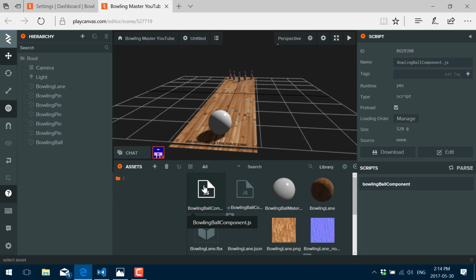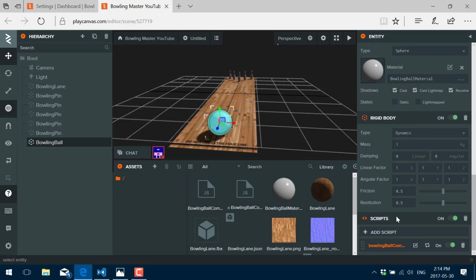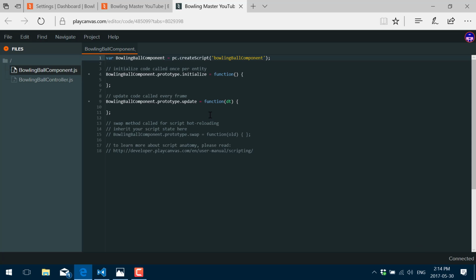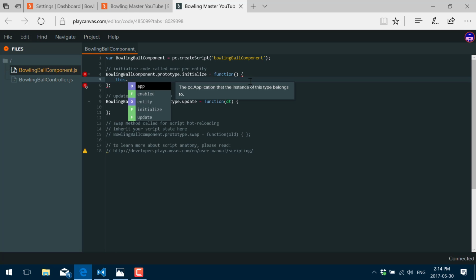We'll go back. I didn't mean to do that. Go back, click here, bring up the edit button, and this brings us into our script editor. Now the cool thing you'll notice here is you get full IntelliSense, which pops up and tells you what you need to do or what you want to do. You see errors on